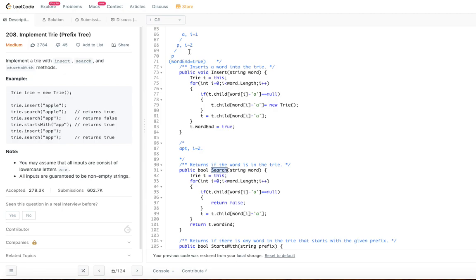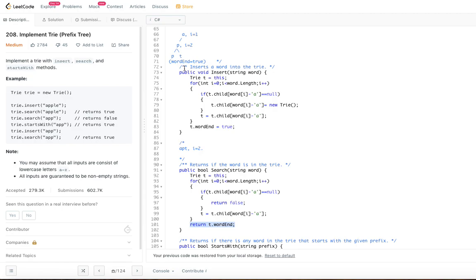But if there is a word, something called T right here, let's say we have inserted "apt" also, then it is going to look at T, it is there, and the word has also ended. So it will check whether the particular t dot word end is true or not.